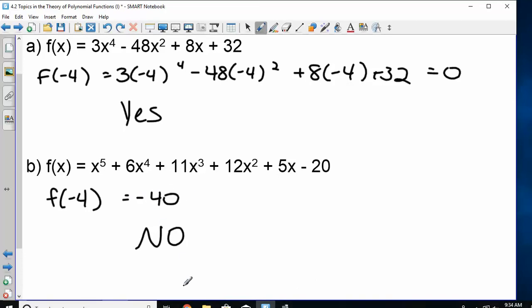Are there any questions about this? Alright. So the Math Excel assignment is posted, due by the end of the day tomorrow. It's twofold. It goes back over the stuff we were talking about Friday. So the first half of it is just asking you questions about end behavior and things like that. Second half is asking you questions like this. Is it a factor? Is it a zero? Okay. If you're planning to do the test corrections, make sure you come see me during advisory, get a pass if you need to, and you've got the rest of the hour to work on